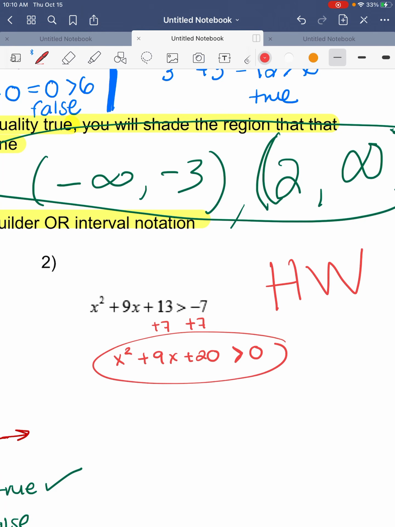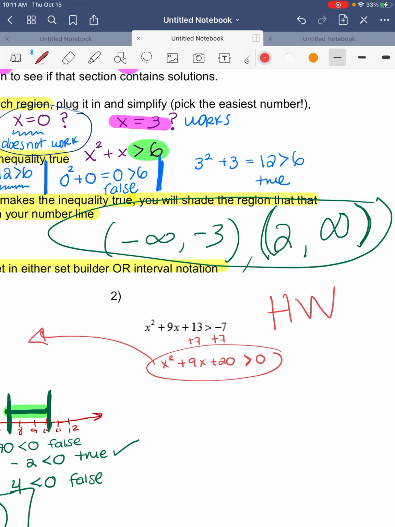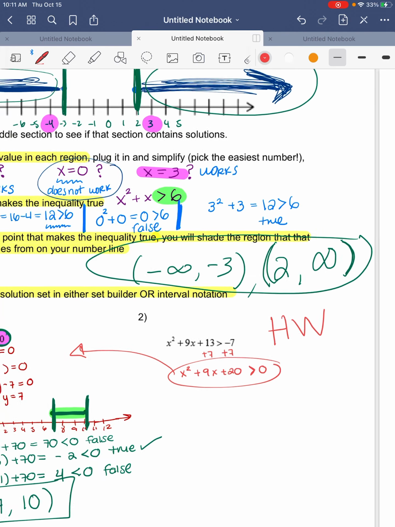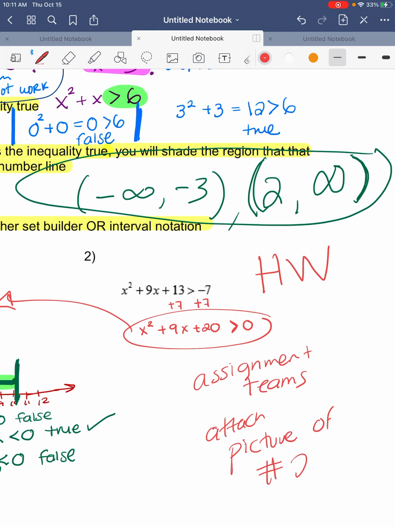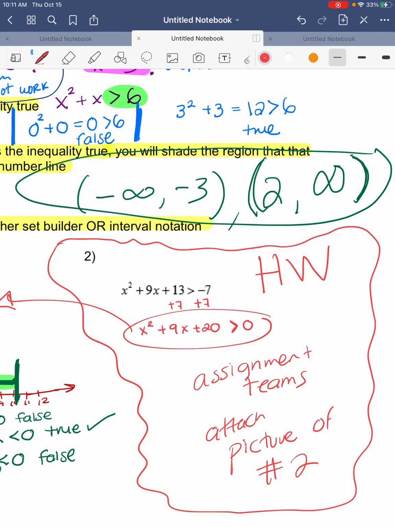And then from here, it just becomes something like the one that I just did. Okay, you just follow the process. So this is the homework for today's lesson. I'm gonna create an assignment on Teams, and you will attach the picture of question number 2. That is the only homework that you have, only this question, guys. If you have any questions, let me know, and thank you for